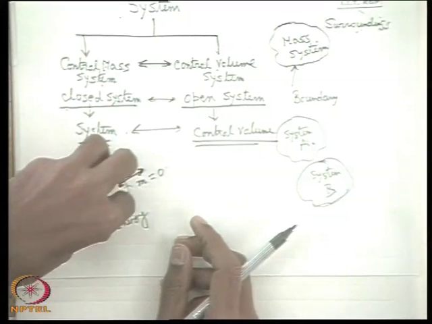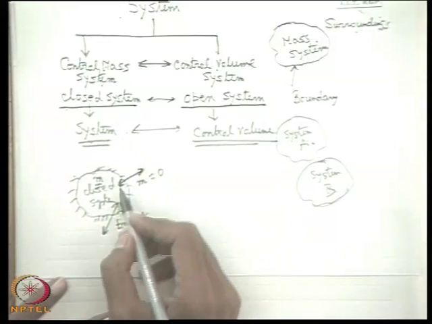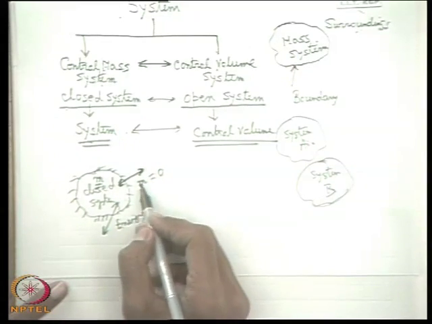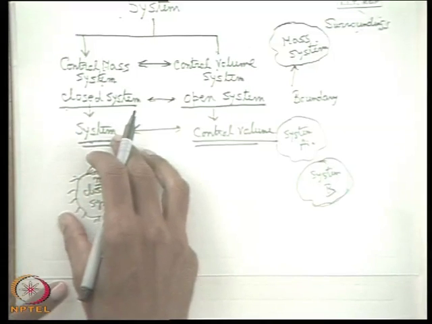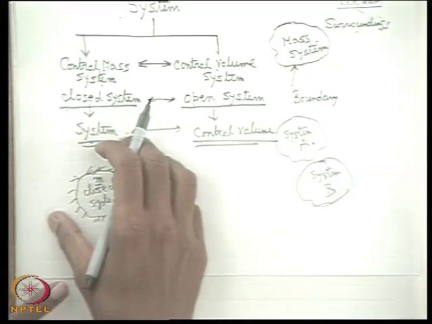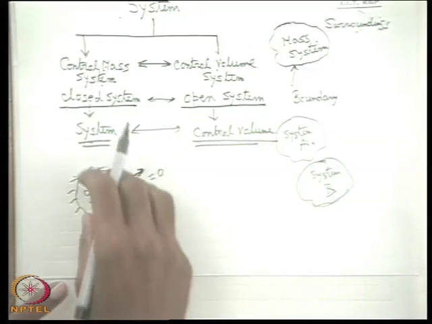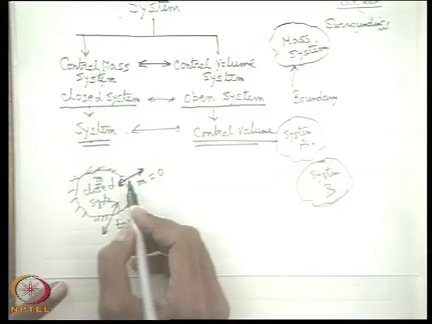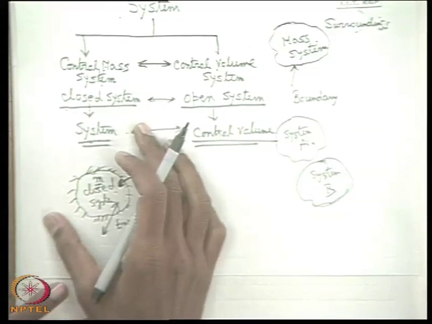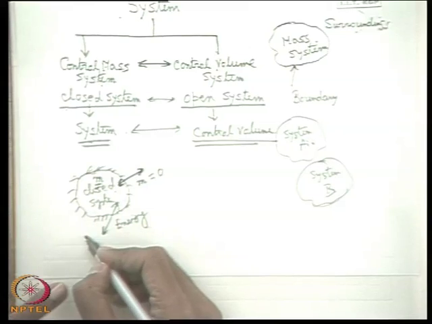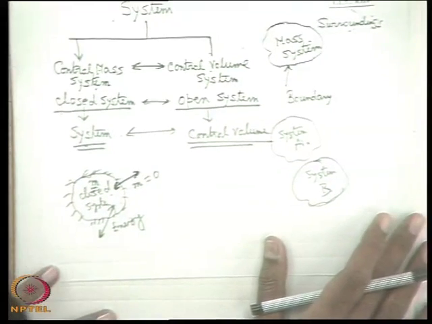That means the same mass with the same identity remains within the closed system. A closed system does not allow mass transfer, so mass does not come in or go out. The boundary of a closed system may expand or collapse because of the mechanical work done. There is no restriction on the volume of the closed system, but the boundary may expand or collapse without allowing any mass to come in. The boundary may be fixed, it may not expand and collapse, it may receive only heat or it may reject heat. So any form of energy transfer across the boundary is possible.